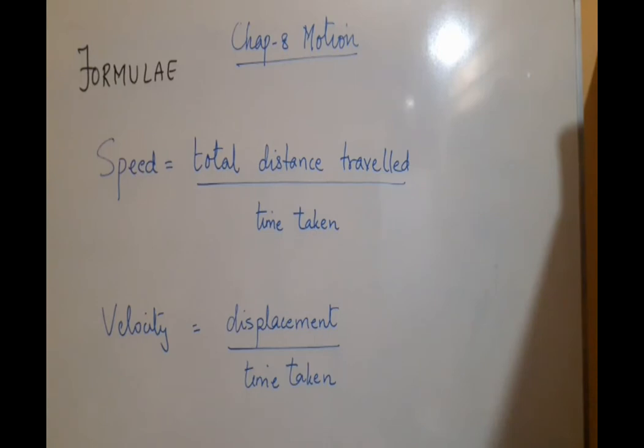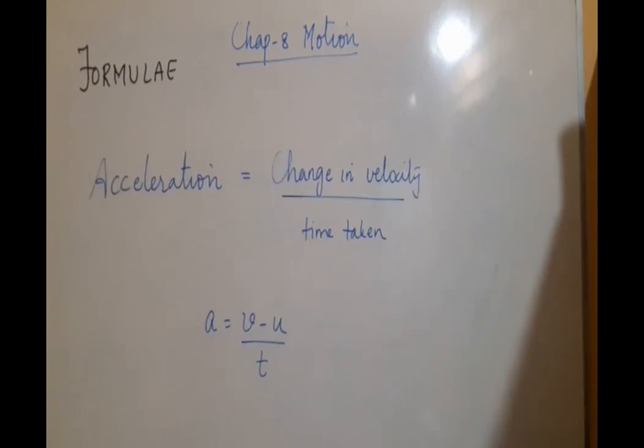One more formula we had done was acceleration. I'm going to write that formula on the board, and today we are going to try out a few numericals based on these formulae. The next formula is acceleration. Acceleration is change in velocity upon the time taken. So a is equal to (v minus u) upon t, where v is the final velocity, u is the initial velocity, t is the time taken. You can note this formula down in your book. So now we are going to try a few numericals based on these formulae.